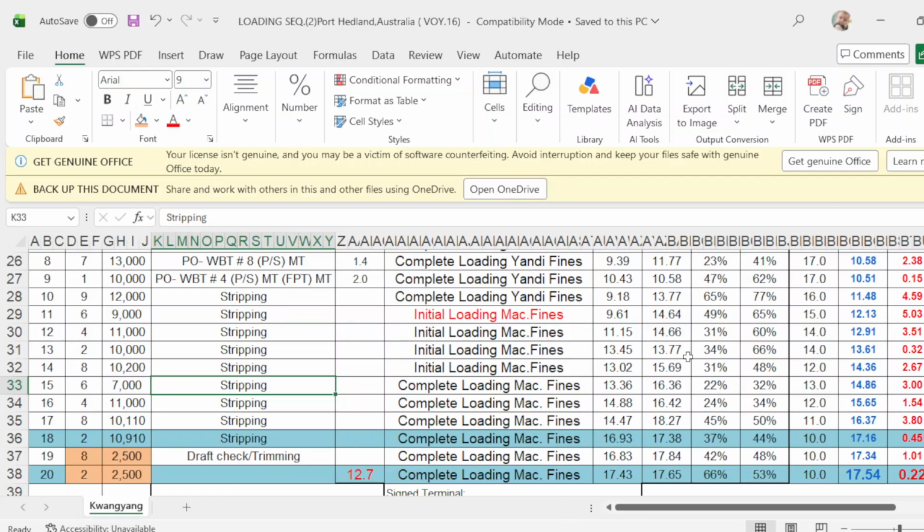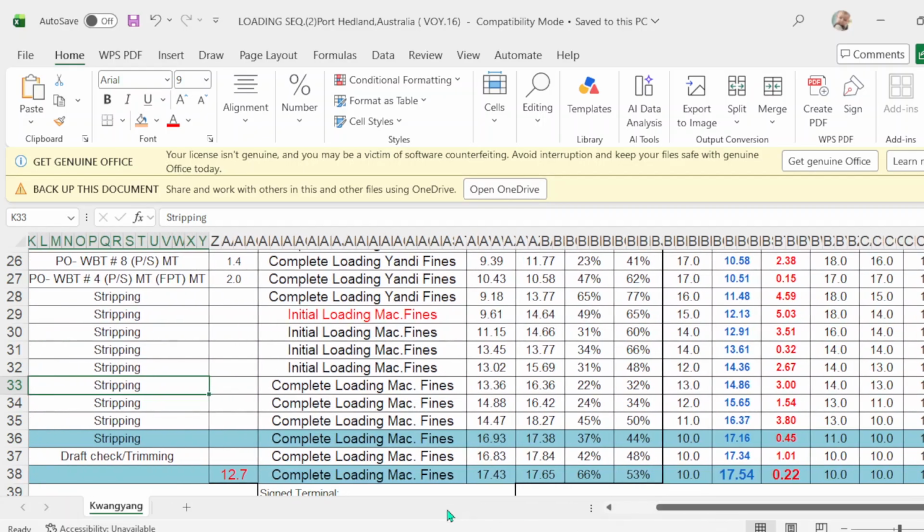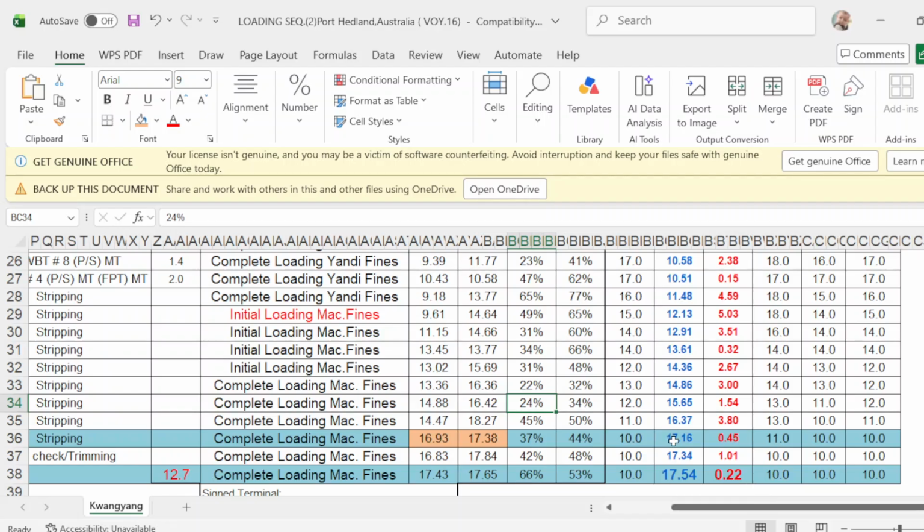Okay, so let's say the operation has stopped. The chief officer and the draft surveyor are now at berth and going to read the ship's draft forward, aft, and mid, port and starboard. Assuming that they have already completed reading the draft, they both agreed that the forward draft is 16.93. I just highlight this one, guys. With this one, 16.93, and the aft draft is 17.38, and the mid draft is